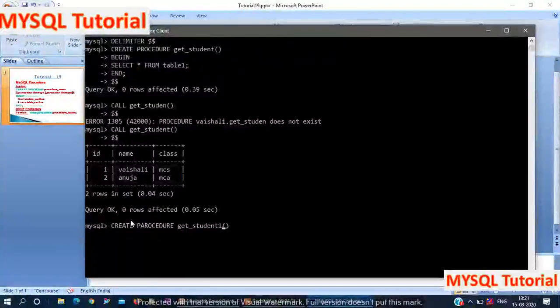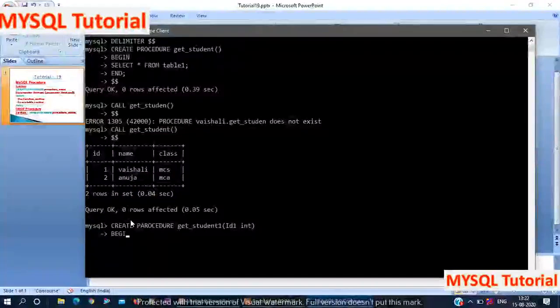Here we specified the parameter. It depends on you. You can use any parameter. Here I am giving parameter id and int its data type.